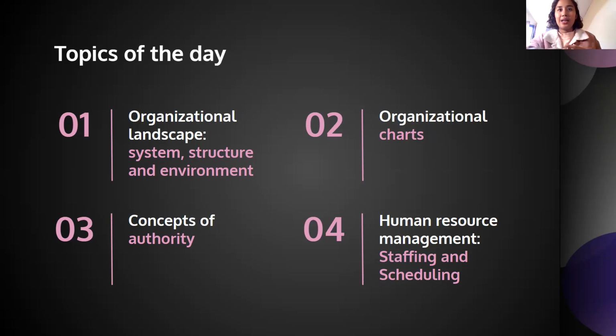So how are organizational charts used? What are they for? They show who the boss is, and they show the whole company. What is the organizational chart for? The concept of authority. So why should there be different types of authority in an organization? And let's have an overview, guys, on human resource management. How do we organize people, why do we need to recruit people, and it should be the right person for the right job. So we will study that today, okay?